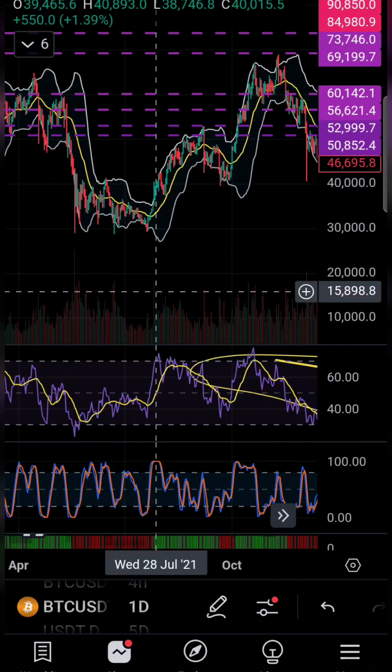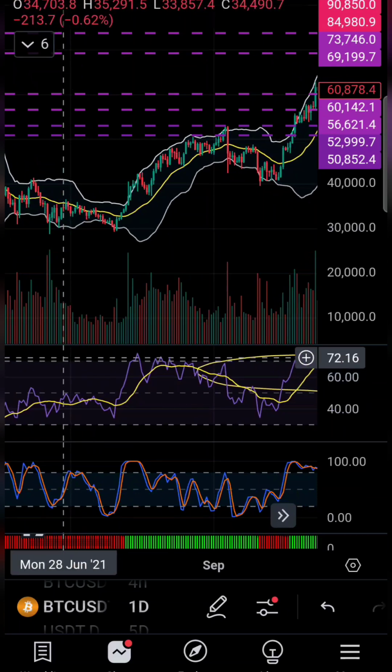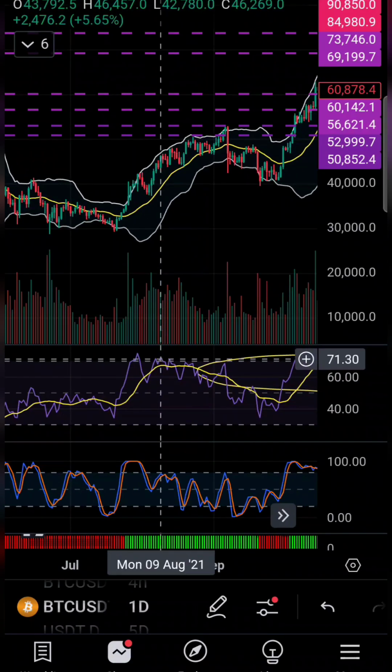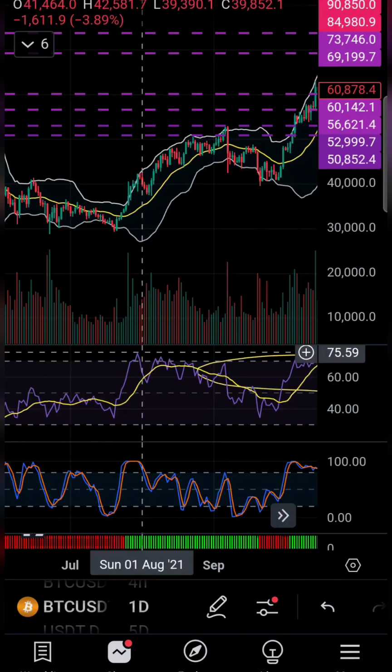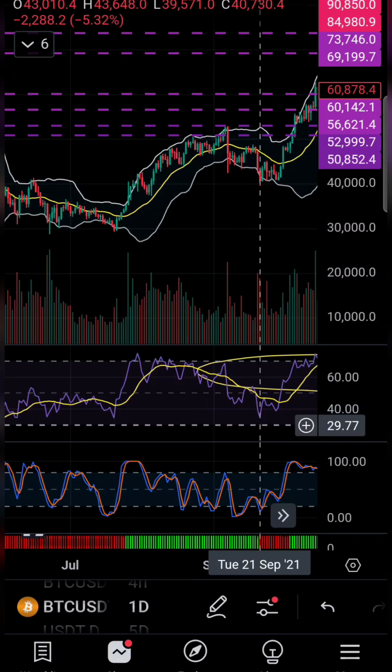So let's go to RSI right here. I guess you could say that's almost extreme overbought. But once again, the RSI did not come down and even touch the 30 value of the RSI. All the way from extreme overbought, it got close to the 30 value, but it didn't.